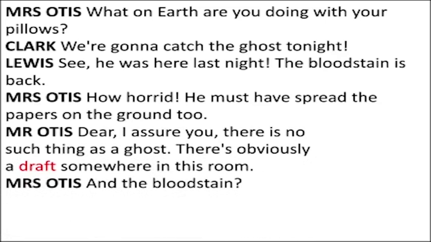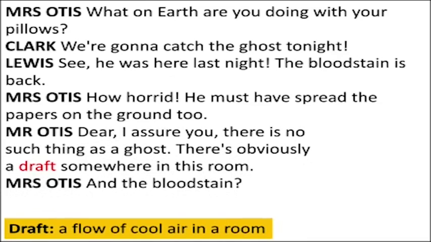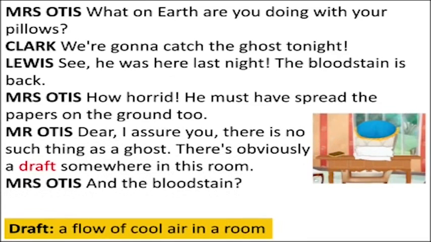Mr. Otis says, "Dear, I assure you there is no such thing as a ghost. There is obviously a draft somewhere in this room." Draft means a flow of cool air in a room, maybe from the window or any door might be unlocked. So Mr. Otis is assuming and giving them assurance that there is no such thing like a ghost here in this castle. These papers might have spread here on the floor due to a flow of cool air from a draft